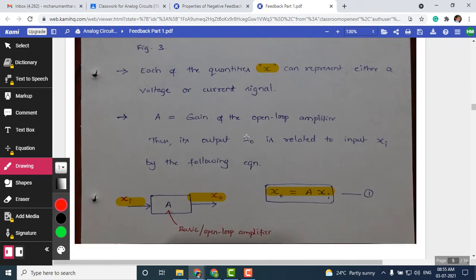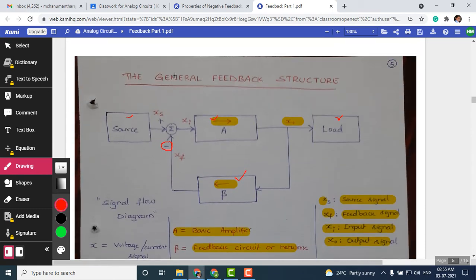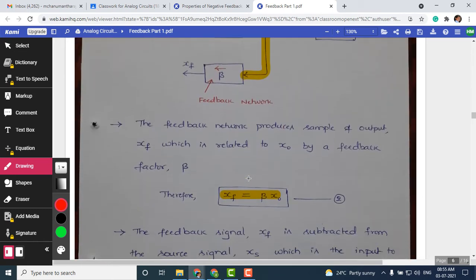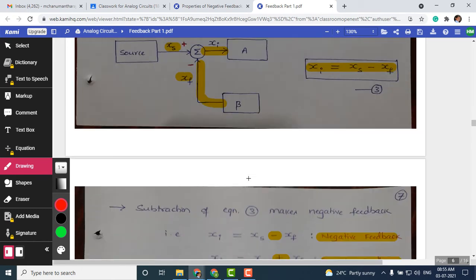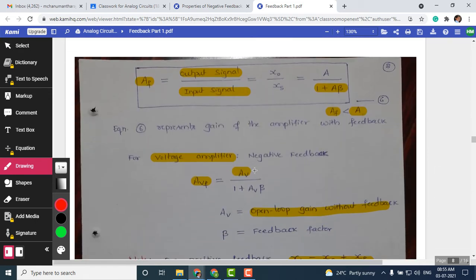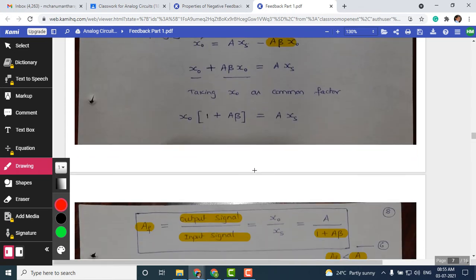Next, we have illustrated this step by step by splitting each of these blocks, especially the mixer here, the sampler, and there is an amplifier, there is a beta network. All these things we have discussed in the last class. So I don't want to spend time on this. We'll move straight away to the expression for the gain with